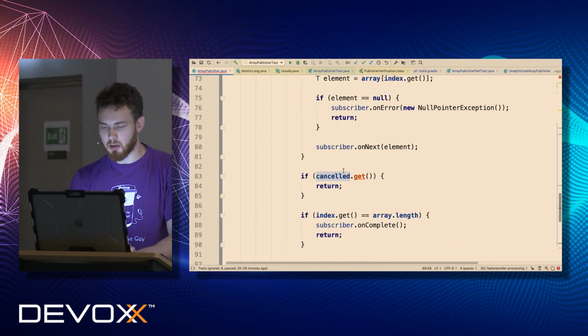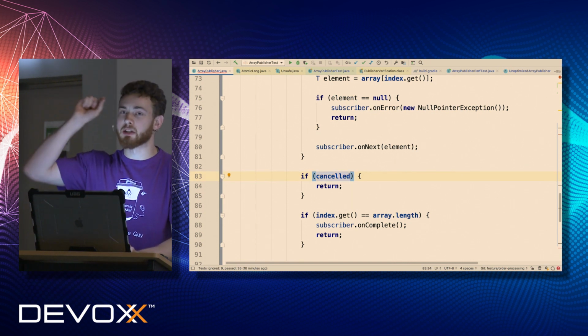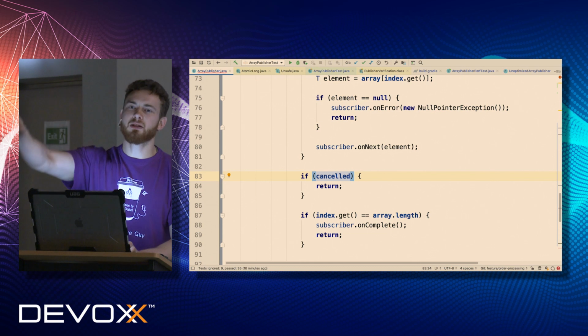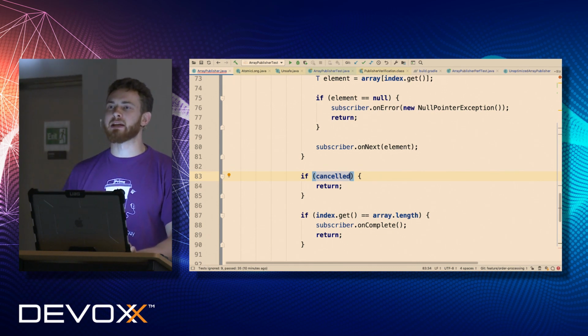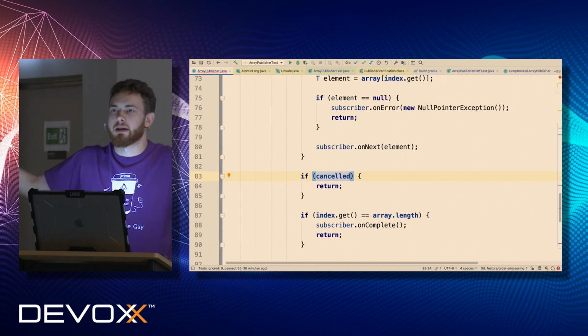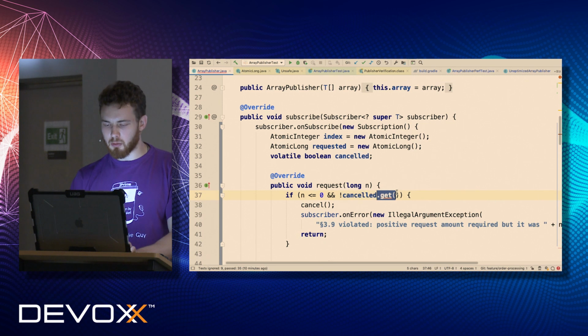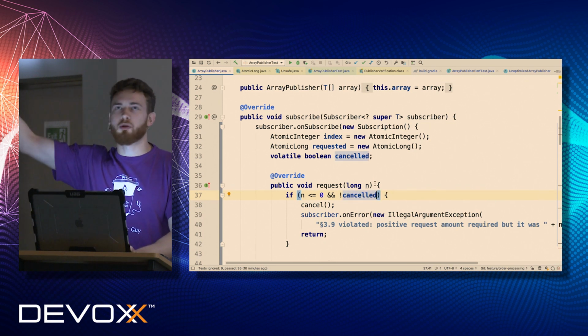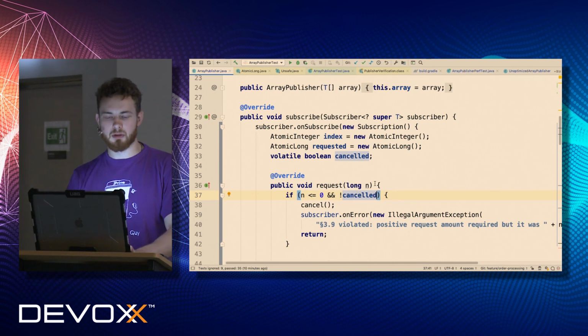So eventually, we will stop sending data. This is an important part. The specification says that if you cancel, you have to expect that eventually your publisher stops sending data, because everything could be asynchronous, right? In this way, we created a few fewer objects for our garbage collector. Especially if you create a publisher of a few elements, it will be a huge performance boost.